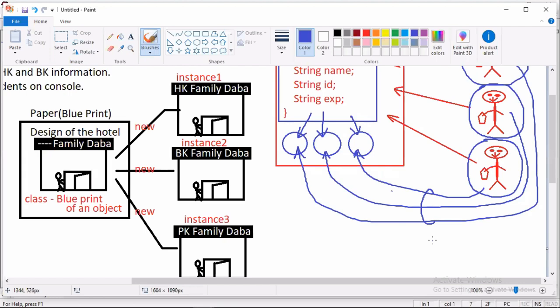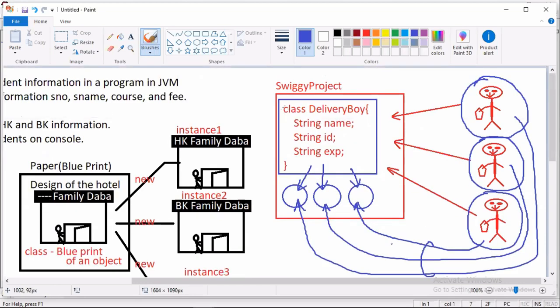Not doing any physical exercises, happily they stay in the room only: order Swiggy, take it, eat it, sleep. Again next day, order, take it, eat it, sleep. Okay, and finally your health starts to trouble you: BP, sugar, heart attack. A lot of problems are coming. Then going to the hospital. Okay, hospital and Swiggy have a good relation. "Swiggy, you are wonderful. Thank you so much for increasing my business."